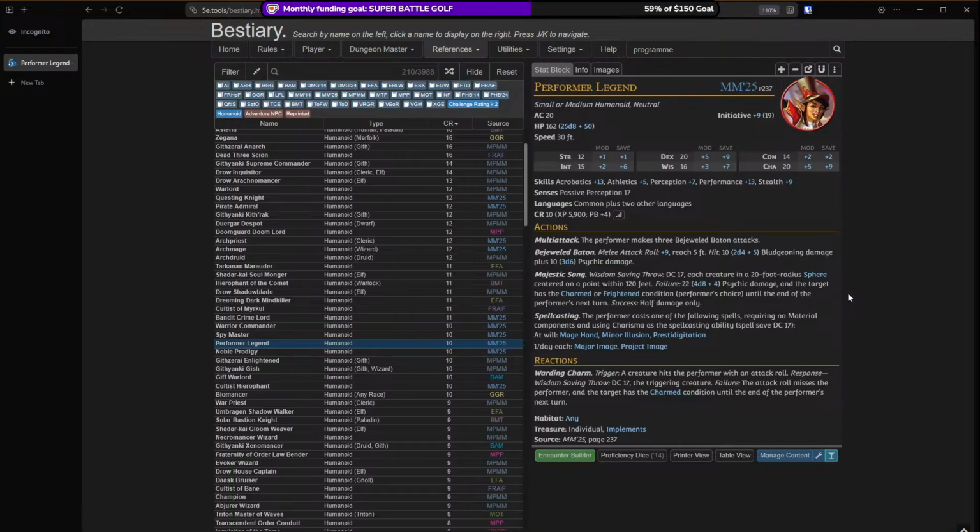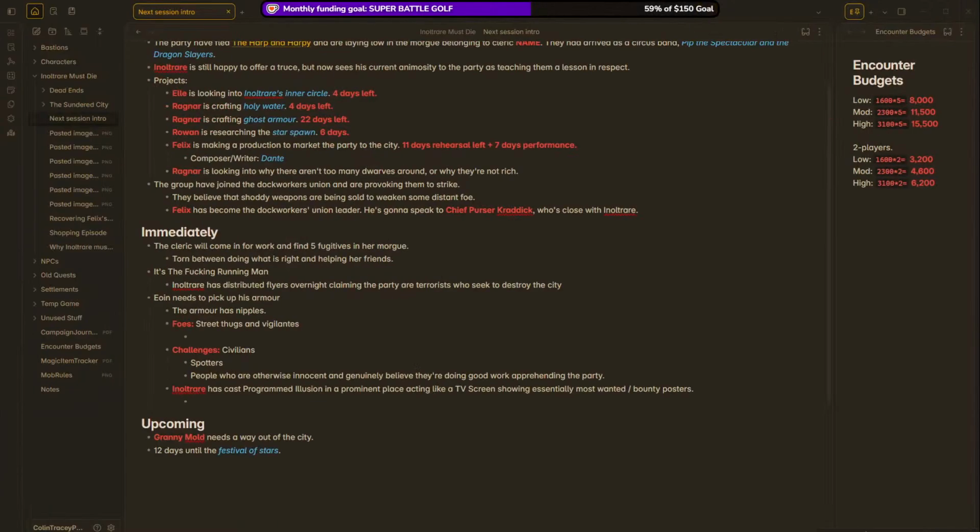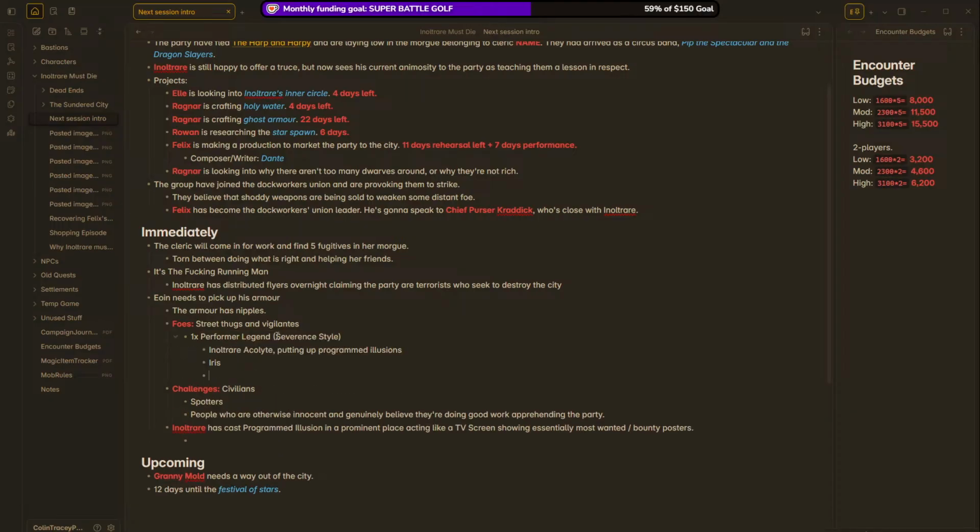I might do this then. Okay, so how many XP is this? 5,900? 5,900. We go back to Obsidian. So 1x Performer Legend. Severance style. So, Inultrare Acolyte. Putting up Program Delusions. Name of Iris. Okay. And then